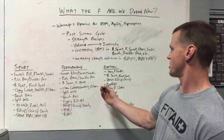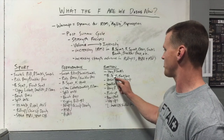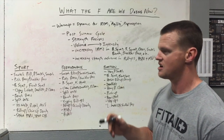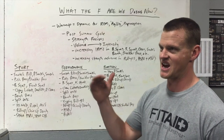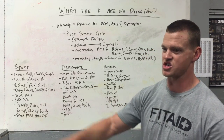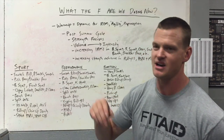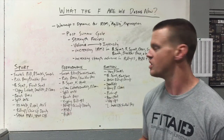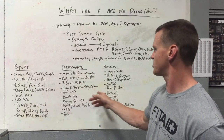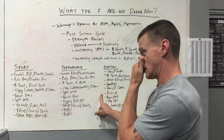Function, on that note, to jump over here, and I recognize I'm jumping around, sorry. Function's going to keep reps pretty high most of the time. For example, this week, sport performance did 10, 8, 6, 4. Function did all 10s. It'll look similar. It'll start kind of in that same window. If sport performance are doing 8, 6, 4, 2, they'll probably be doing sets of 8 or 6. So a little bit higher in volume to work on practice and good volume accumulation and good fundamentals